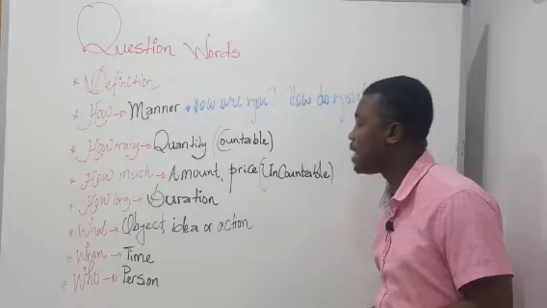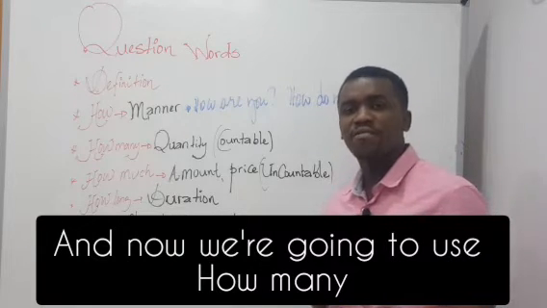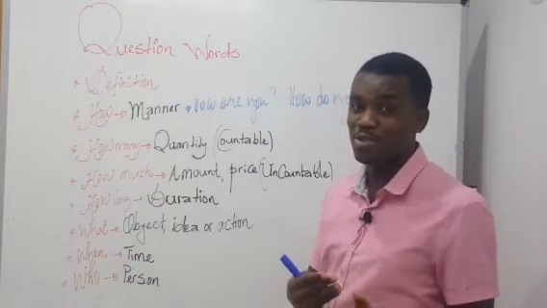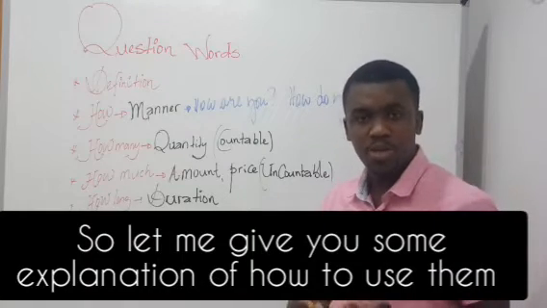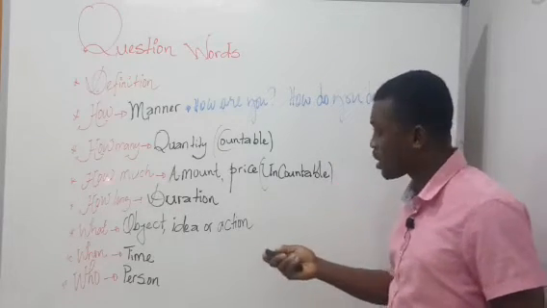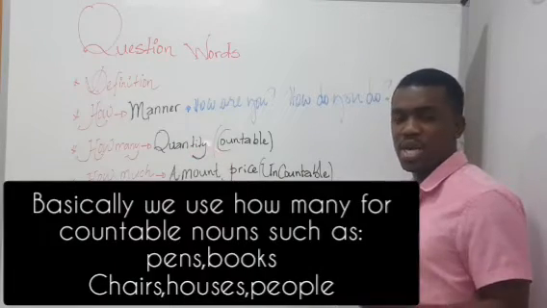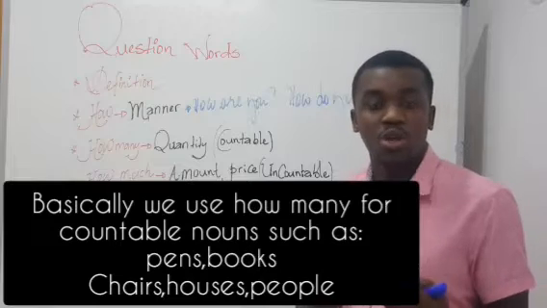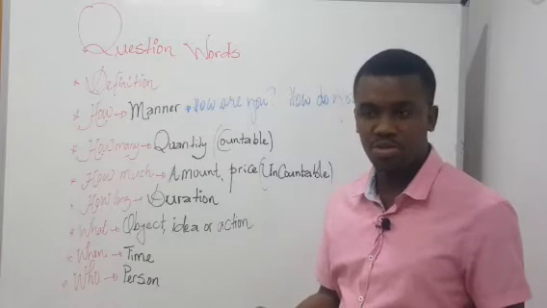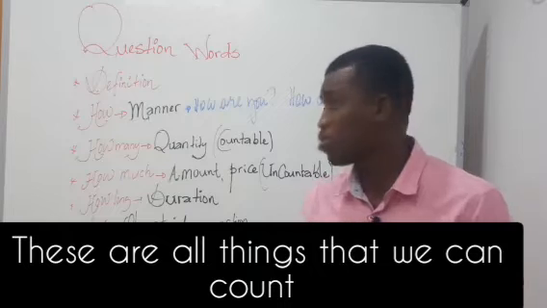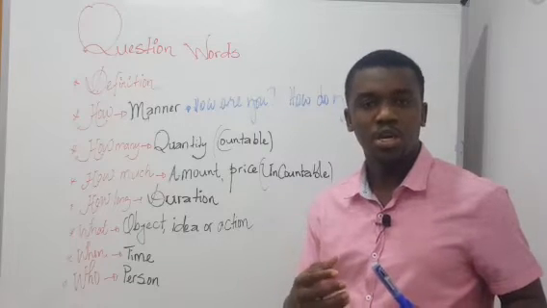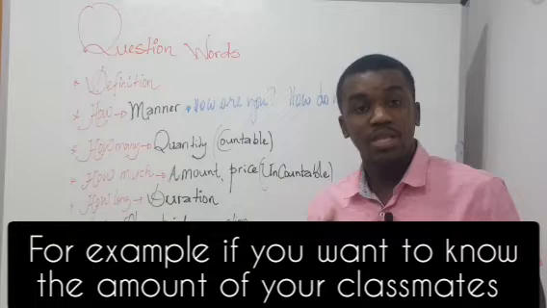And now we have how many. Sometimes students have difficulties to understand or to make a difference between how many and how much. So I am going to explain when you can use how many and when you can use how much. Let's go. Basically, we use how many for quantity. When I say quantity, I'm talking about something that you can count, what they call a countable noun. For example, we have table, pen, markers, things that you can count. They use how many. For example, if you want to know the quantity of your English students, you say